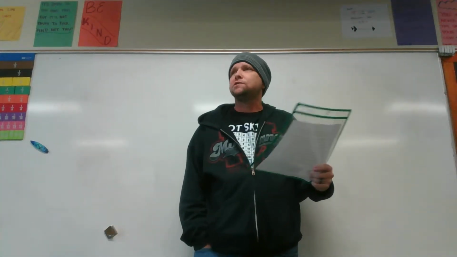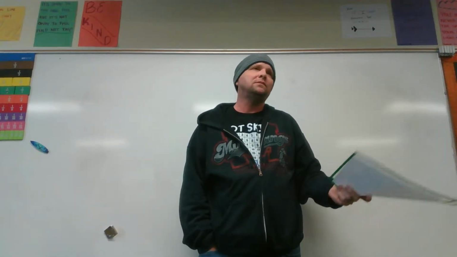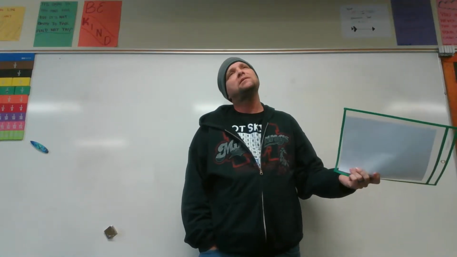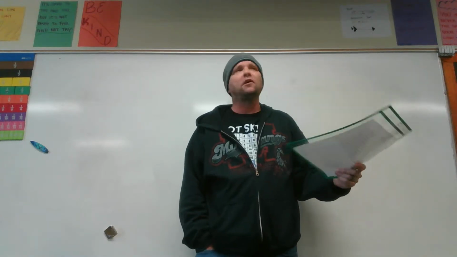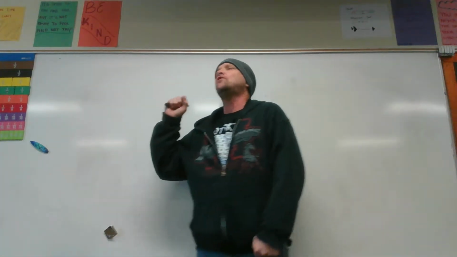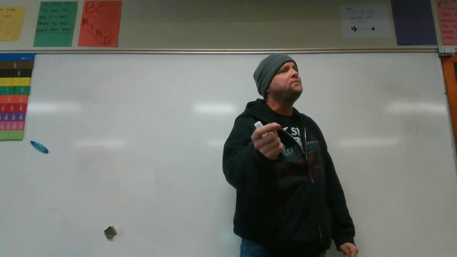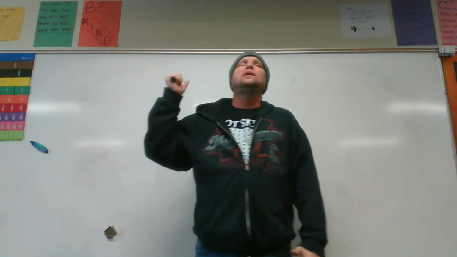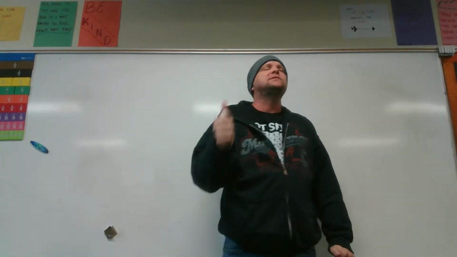The story starts, and I made this up. I was just typing. Alexander Cobblebatton. I put Coddlebottom, and then somebody said that doesn't sound right, so I changed it to Cobblebatton. Ran 5 miles every day for 6 years. So the first thing we're going to do is 5 miles every day for 6 years. We need to, before we do anything else, find out first how many days are in 6 years.